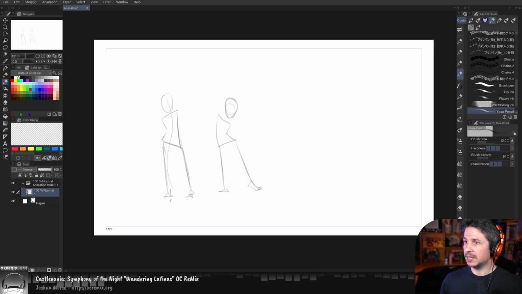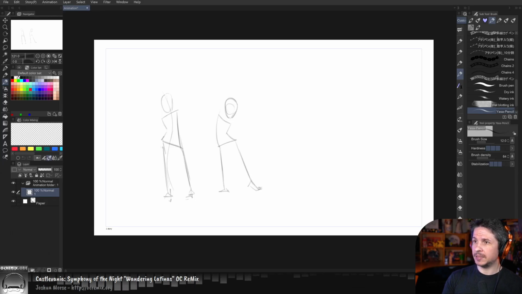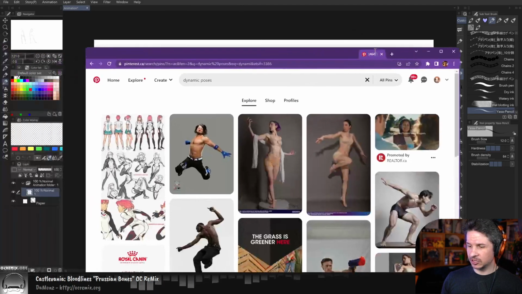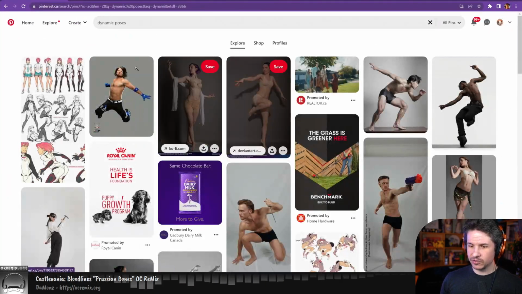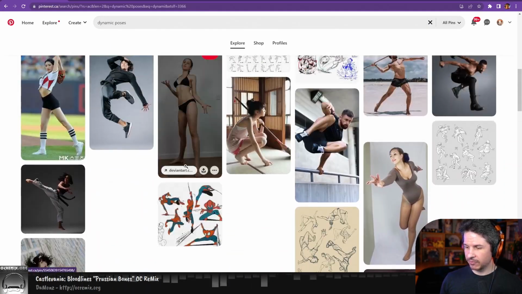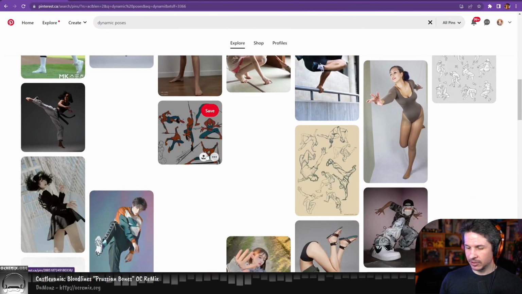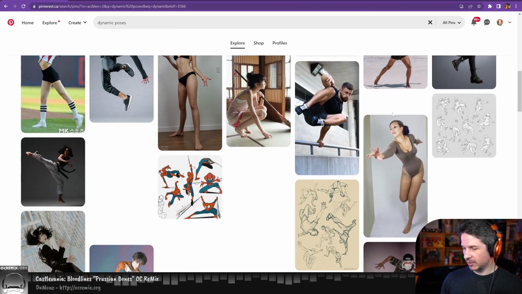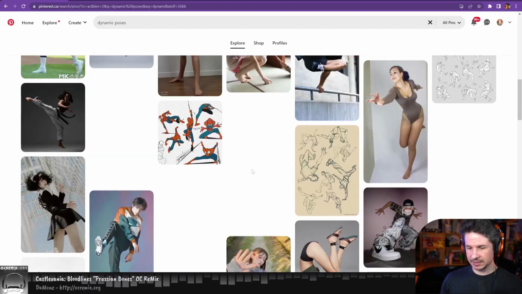So let me, dynamic poses. Okay. So I talked about this in the last stream, but if ever you're looking at poses, something that can be very useful is just to go to Pinterest and just do a search for dynamic poses. So right here, we can find some poses with very cool dynamic lines through them. So let's find one that kind of works. I kind of like this one, but if we're going for balance,